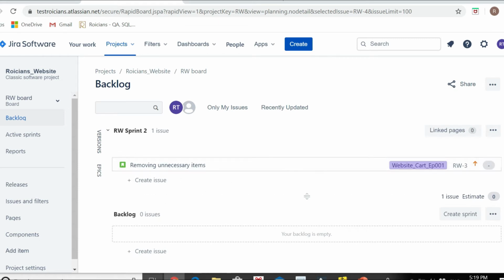If you have any other stories, you will keep on creating sprints, and according to priority and story estimation points, you can drag these stories and put them into their related sprints. If the story has the highest priority, it will be dragged and dropped into sprint number 1. If it has the second highest, it will be in the second sprint. So the Scrum team will decide it accordingly.